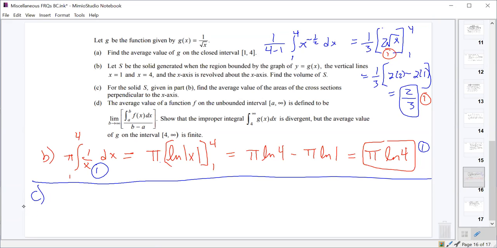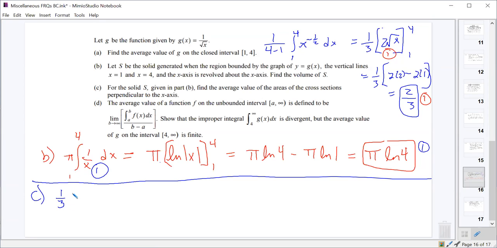For part C, it's talking about this same solid S. We want to find the average value of the areas of the cross sections that are perpendicular to the x-axis. Well, the cross sections that are perpendicular to the x-axis are just circles, right? It's just this same basic function here, the 1 over x times the pi just represents the area of that cross section. So if we're looking for the average value of that, it should just be 1/3,